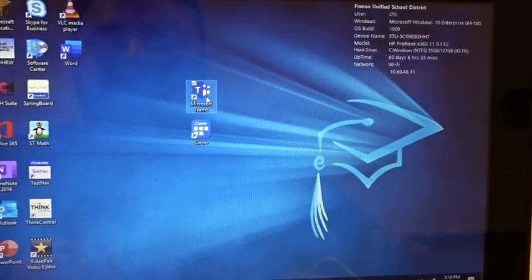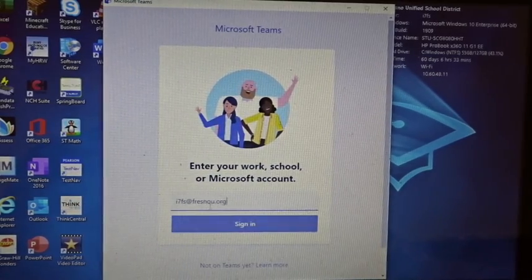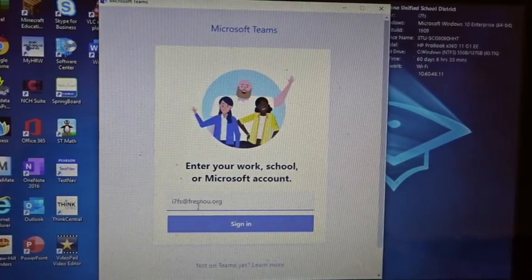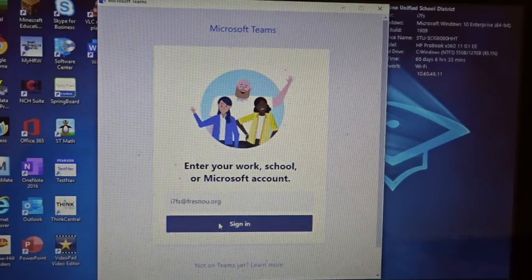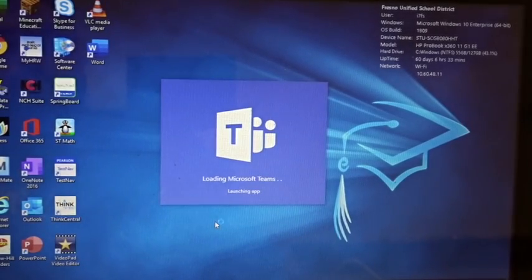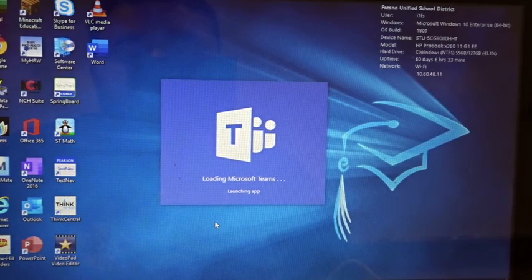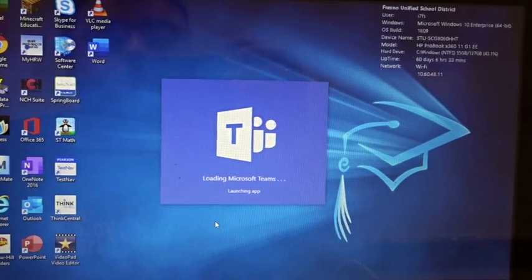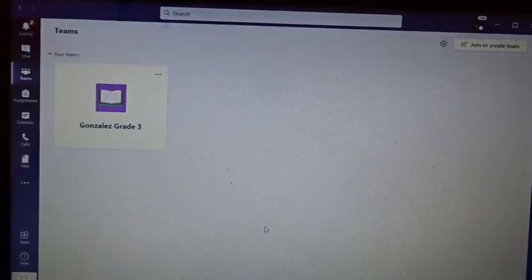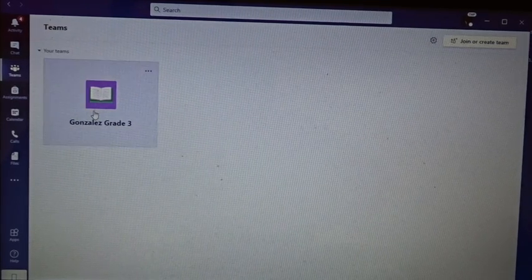So this one you have to give it a minute. Okay, it's going to prompt you to log in, so whatever your child's username, it's going to say @fresnou.org. You just click and sign in. It'll take a minute to load and get ready. Once it loads and it gets it ready, it should automatically put them in Gonzalez grade 3 in my class. Basically, they're just gonna click this,